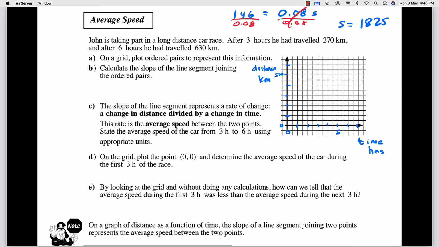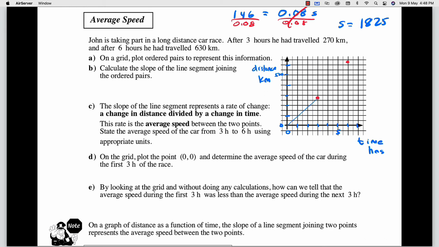And if I'm to plot these 2 points, so after 3 hours, so 1, 2, 3, the person has gone 270. So 100, 250, 270. It's somewhere around that point. And after 6 hours, they've gone 500, 600, and about there. Okay, so it looks like we've got a line going from that point, which is our origin, we're starting out to there,